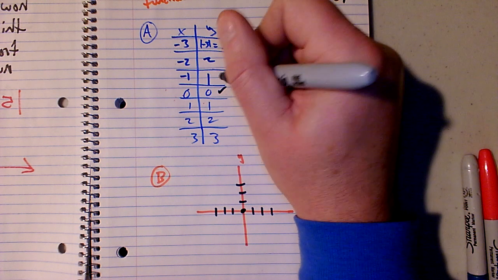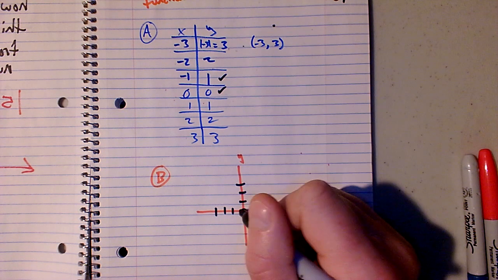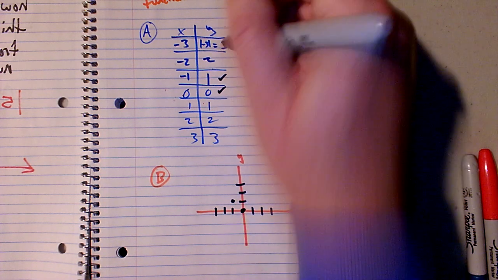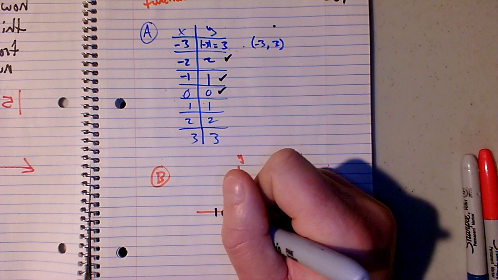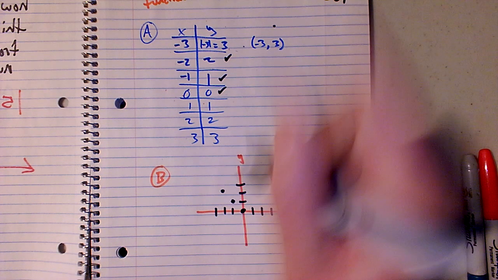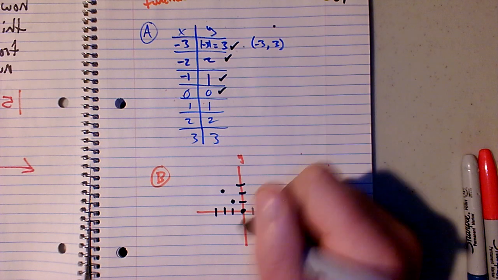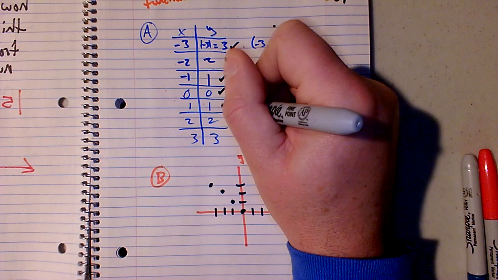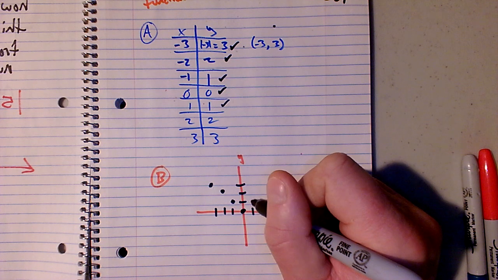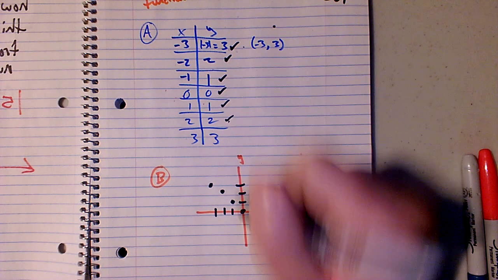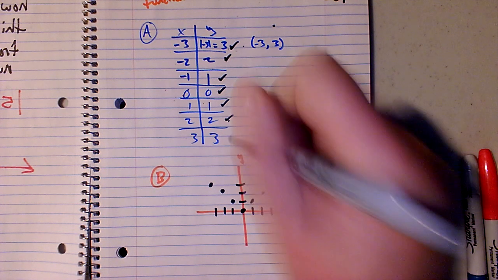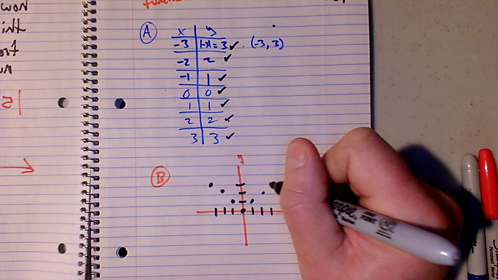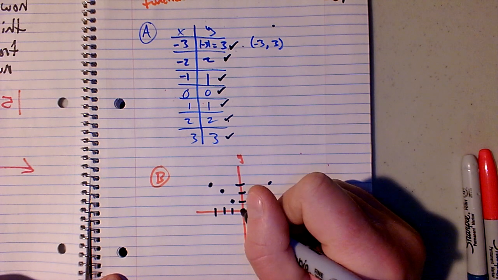Then I have the point negative 1, 1: left 1, up 1. Negative 2, 2: left 2, up 2. Negative 3, 3: left 3, up 3. Then I have a point at 1, 1: right 1, up 1. 2, 2: right 2, up 2. 3, 3: right 3, up 3. When I connect these dots,